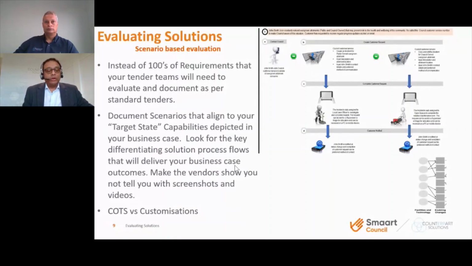The traditional way of evaluating a tender would be we got multiple disjointed requirements, where the evaluation team would go and tick off or assess based on the requirements. But for a digital transformation, because it involves the business changes, technology changes, and also enablers supporting the change, we probably have to look at the scenarios end to end, so that the target state capabilities, what are the changes or the enablers or the automation that we're going to bring into the business.